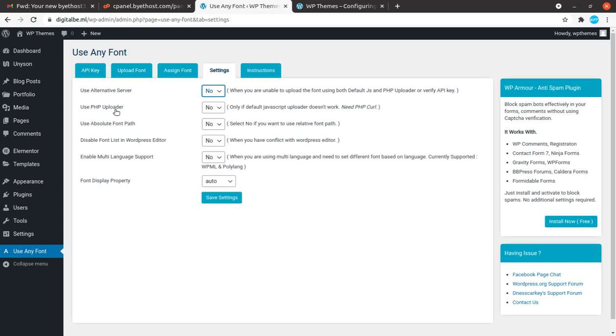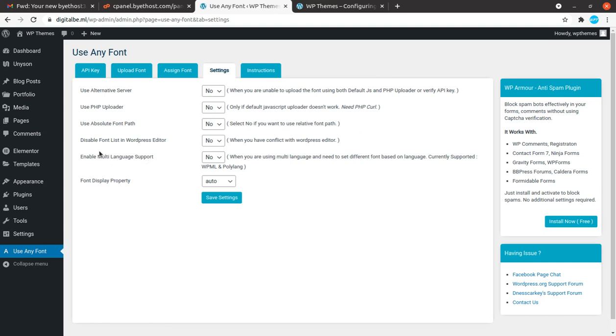Use PHP uploader, it should be no, but only if the default JavaScript uploader does not work, you need PHP CURL. Okay, so if you have CURL active on your hosting server, you can use this option if you are unable to upload the font. Use absolute path, no. Select no if you want to use relative font path.